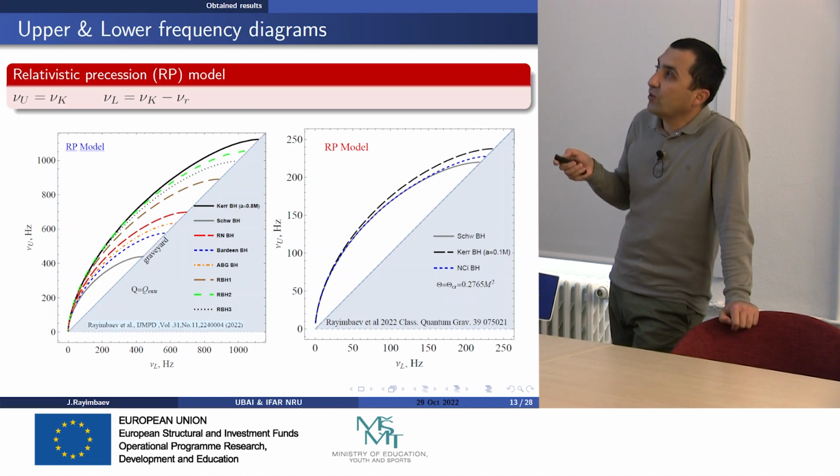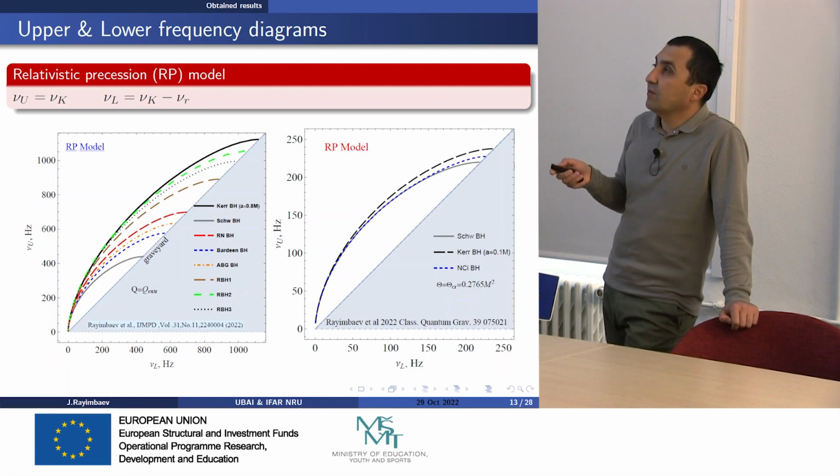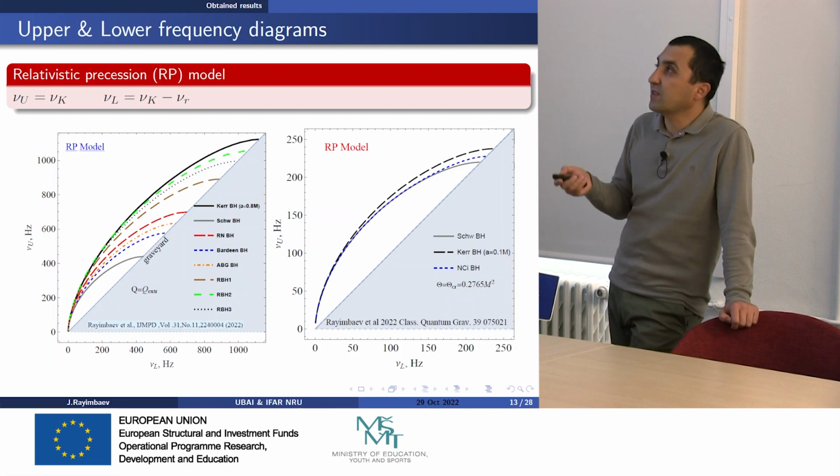Here we show the black curve for the Kerr black hole. It is a Kerr black hole with spin 0.8 m, and it can also give similar gravitational effects on the upper and lower frequencies, which may provide the same as black hole charge. Here are some degeneracy effects, some mimicking between black hole spin and black hole charge.